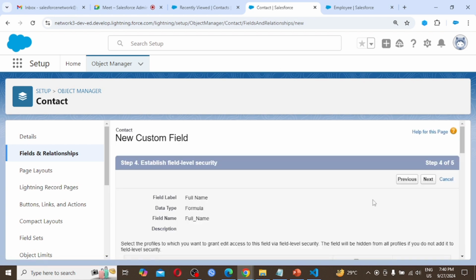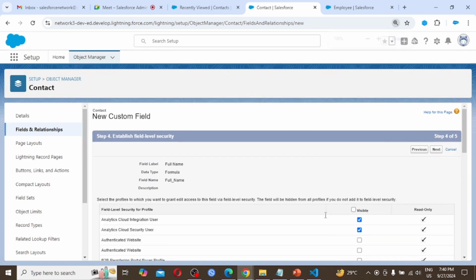Again, establish field level security. I am going with default. Why am I saying every time that I am going with default? Actually, this is a big topic in the Salesforce administrator part, and it is a very important part.